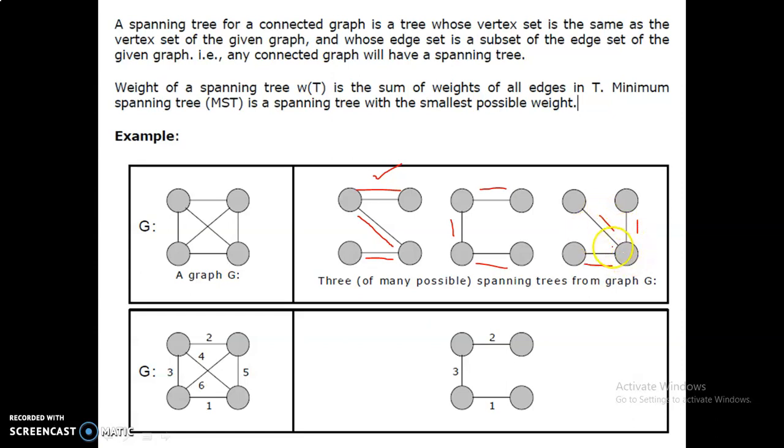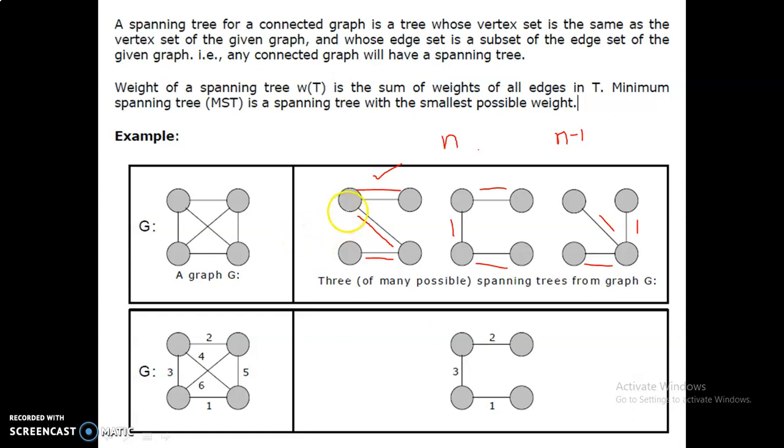In the spanning tree we are taking these three as the edges to connect the four vertices. In the spanning tree we must have all the n vertices. We can select the maximum number of edges, n minus 1 edges, in the spanning tree. So we cannot include all the edges. Why? Because whenever you are adding an edge into the spanning tree, it should not form a cycle.